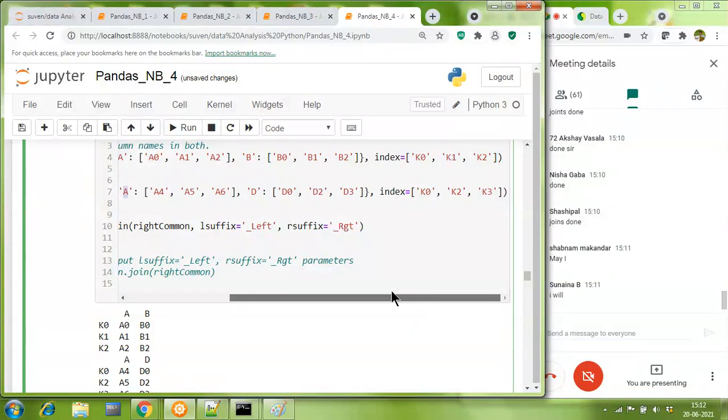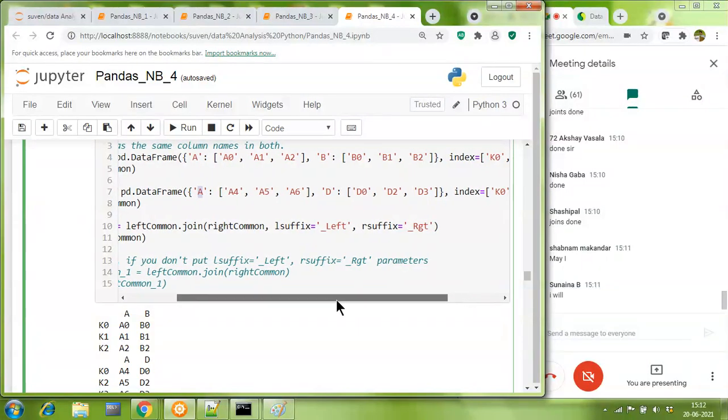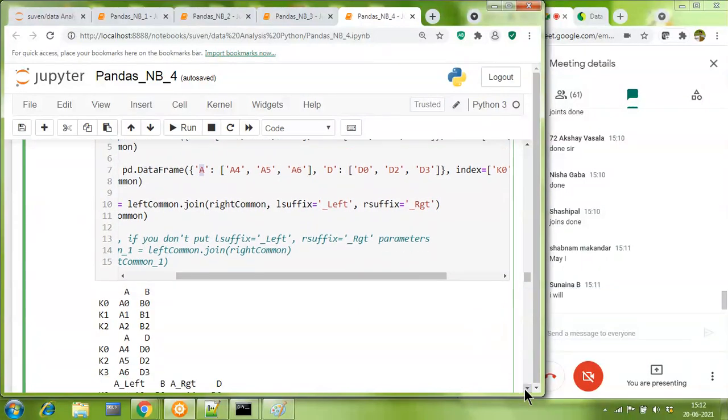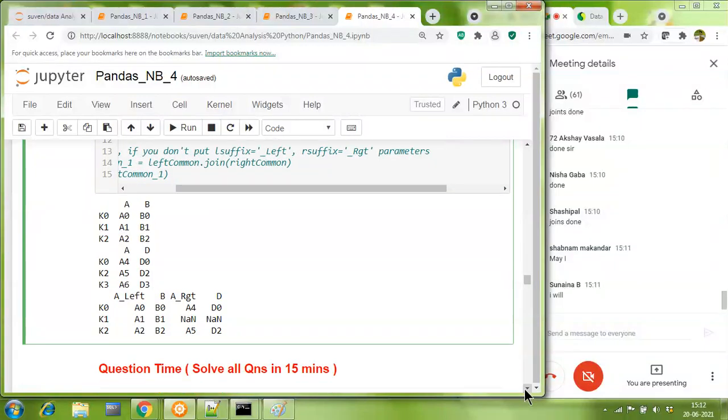So hence, when we apply a left join here on the data frames, so here we do have a L suffix and a R suffix, where we'll be having the common column in two different names here, that is A suffix A left and the A right, that is from the first data frame and from the second data frame.